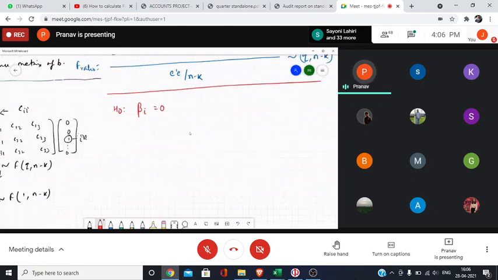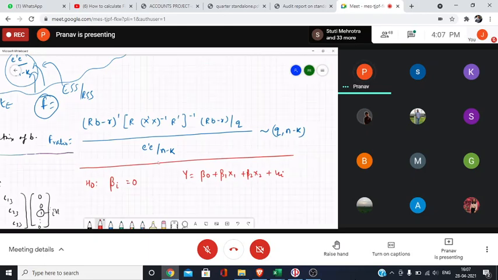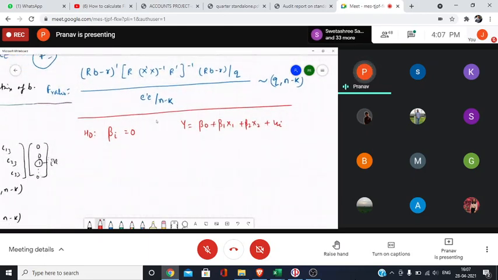For the sake of simplicity, we'll take only 3 variables. That is, our population regression function is... now, मेरा null hypothesis क्या है? मेरा null hypothesis मान लीजिए b1 is equal to 0 है,